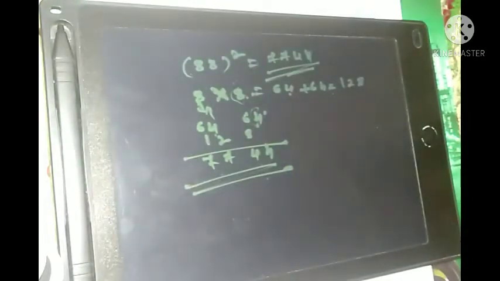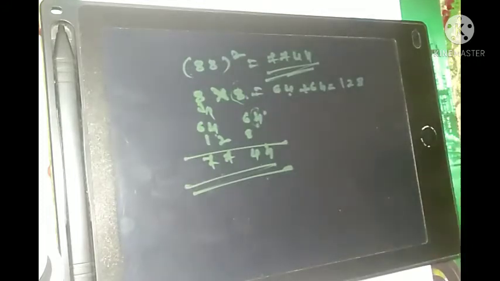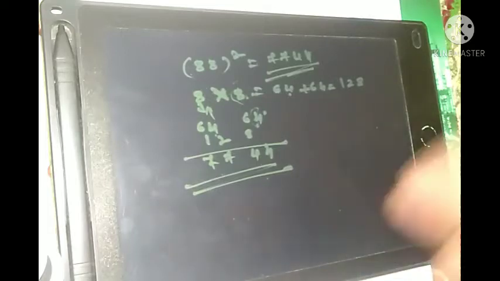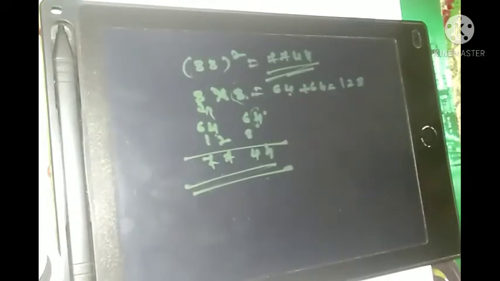This is how we get it within 5 seconds. With practice we solve this problem within 5 seconds. I know this trick, that's why I am solving very fast. But when you practice this trick with a number of examples, you also solve these problems in less than 5 seconds. We take another example also.